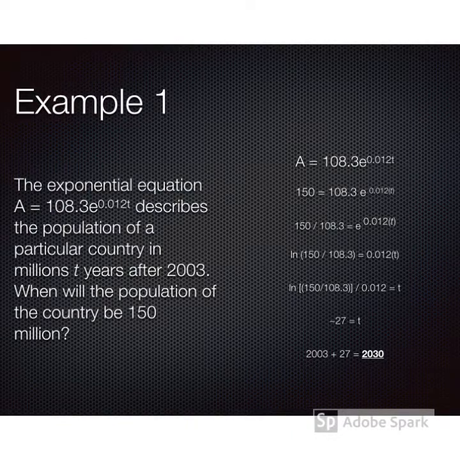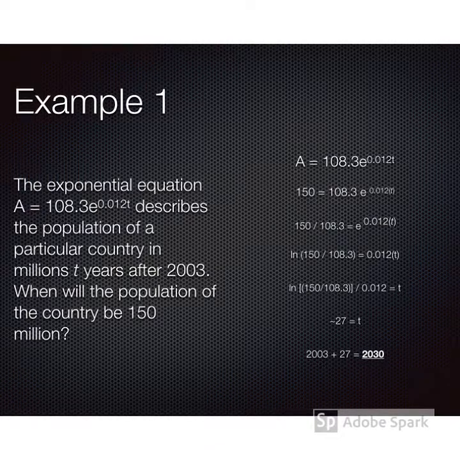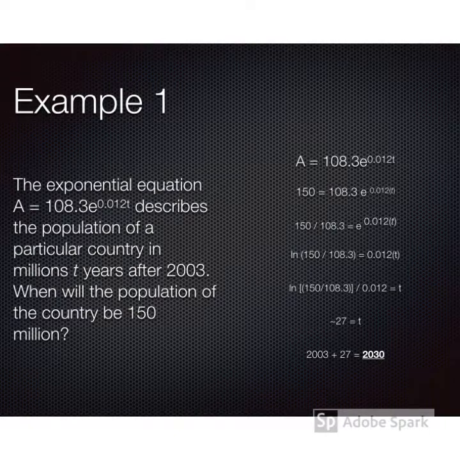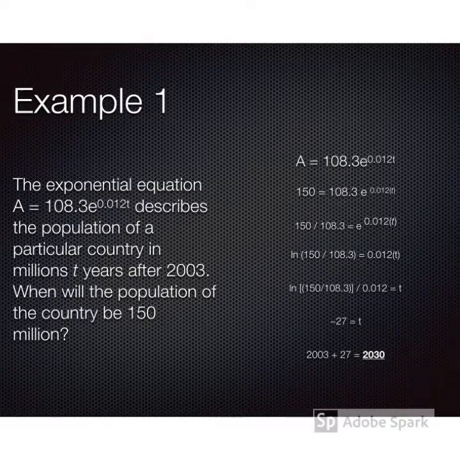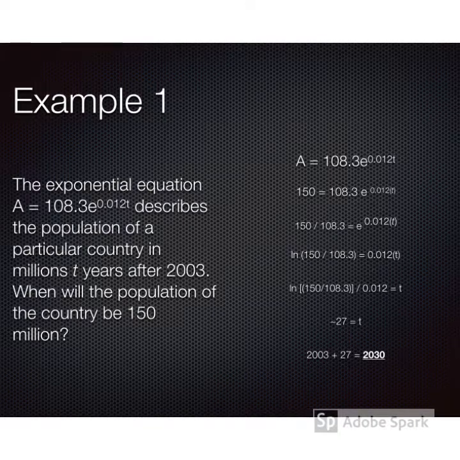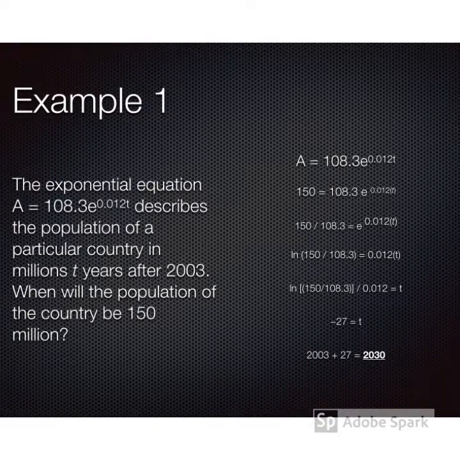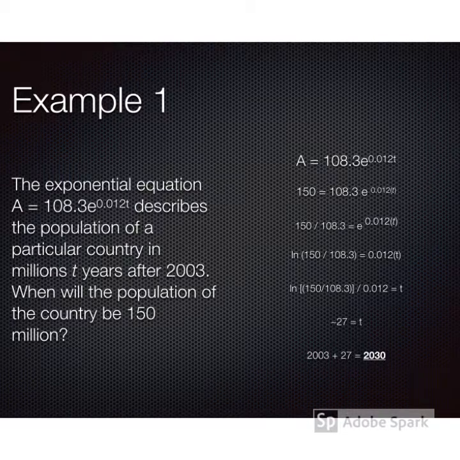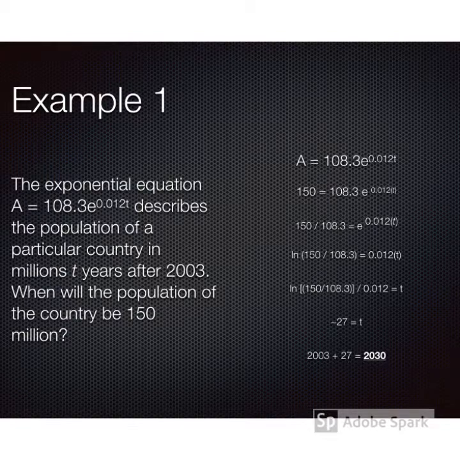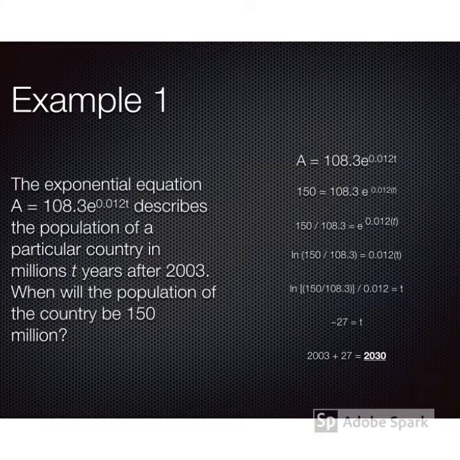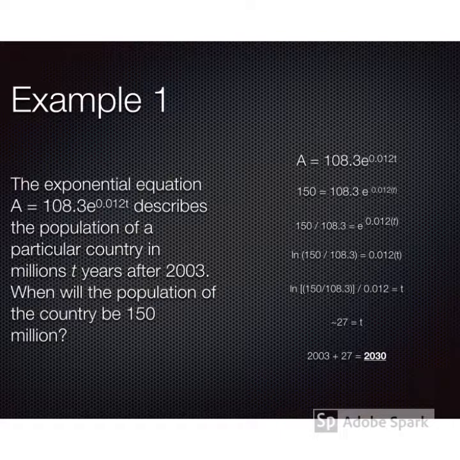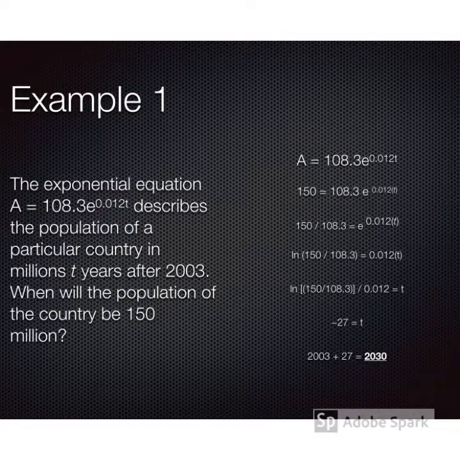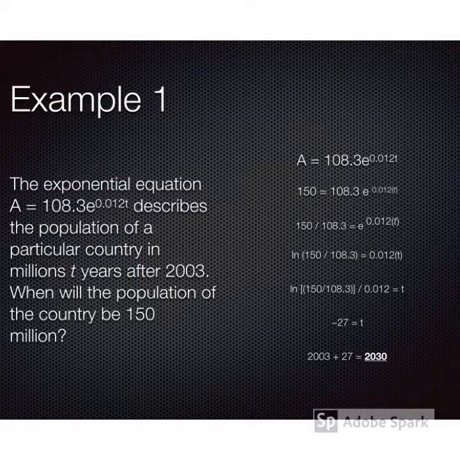And the only way we're going to do that is by utilizing those natural log functions that we had done before, and that we move things around accordingly. So, using the natural log formula, still looking at what's on the right here, if we go down to step number 4, where we have the natural log of 150 over 108.3 is equal to the 0.012t. If you go back to the last lecture, Section 4.4, you get a better understanding of how we were able to do that. Then once we do that, that's when we start moving things around, and our answer is